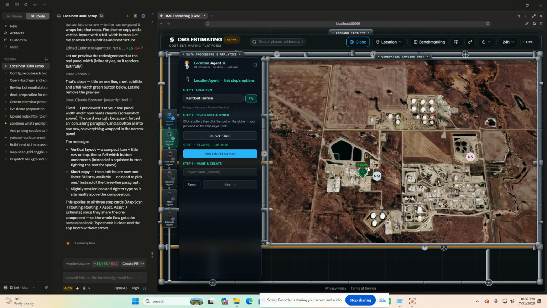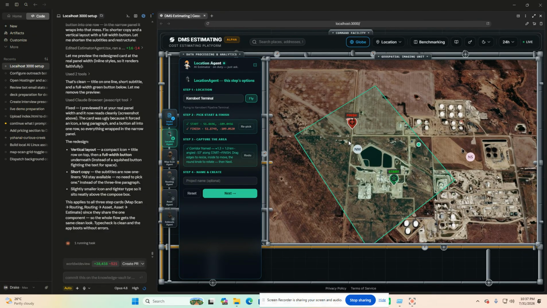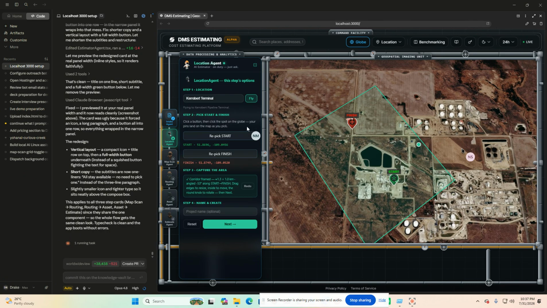Okay, so let's finish this, and then I just want to zoom in on the routing that the AI chose for us. I'll use the same method, the same point that you did earlier.